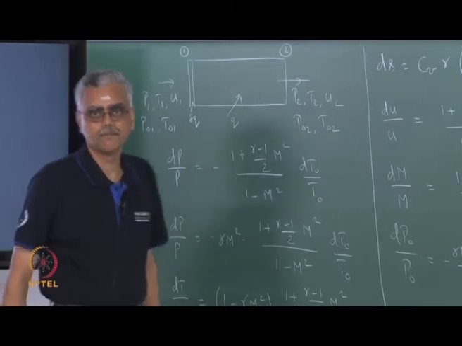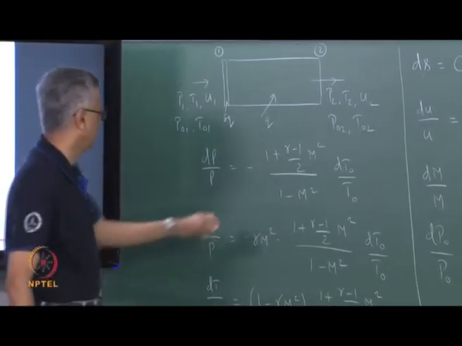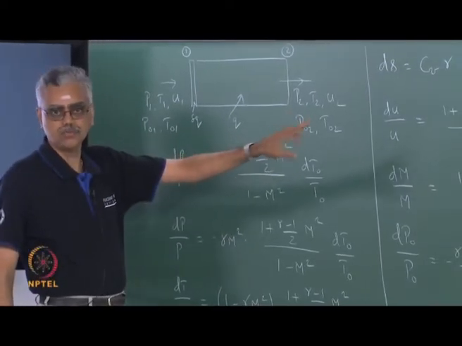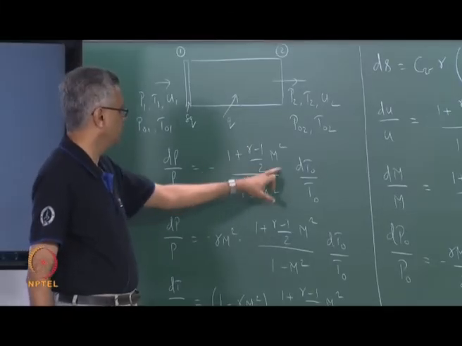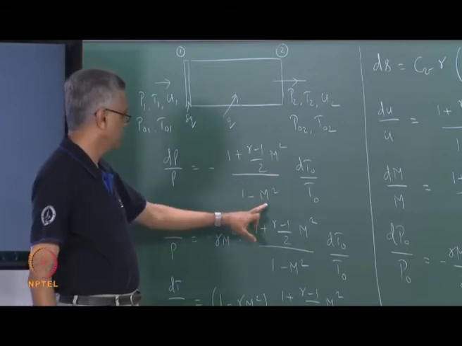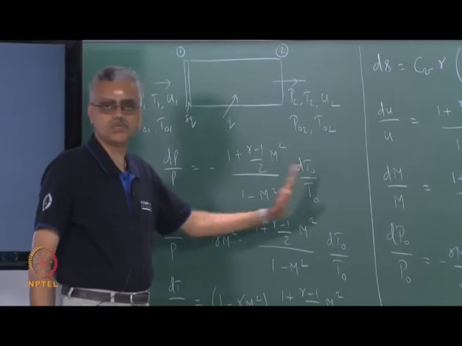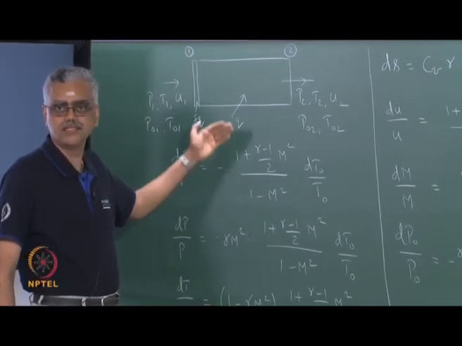Yeah. So, can you repeat again? Which part do you want me to repeat? Density part. Okay. So, we are looking at adding heat to a subsonic flow. So, dT naught is positive, correct. This term m is less than 1, the term in the numerator is positive, m is less than 1. So, this is also positive. So, that means this entire thing is positive, there is a negative sign here. So, d rho is negative, that means density decreases,